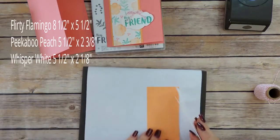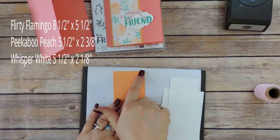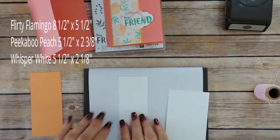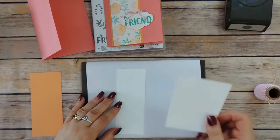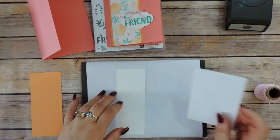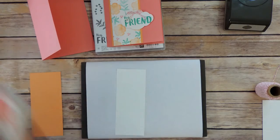I have a piece of Peekaboo Peach that measures 2 3/8 by 5.5. Set that aside. And then I have a piece of Whisper White that is 2 1/8 by 5.5, and this is the piece that we are going to stamp on. I've also got a scrap of Whisper White for stamping our sentiment on. So I'm going to start with my Peekaboo Peach,